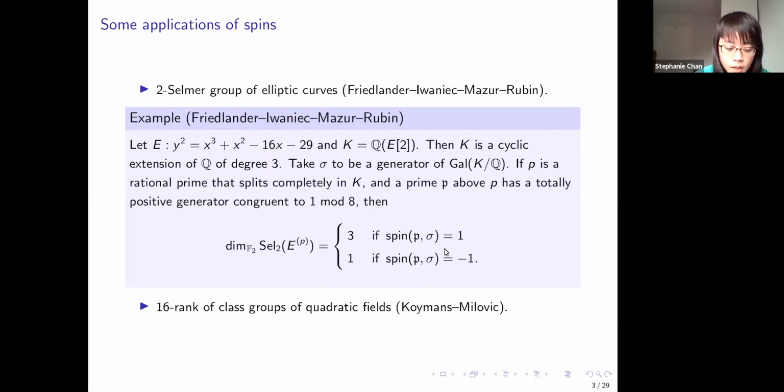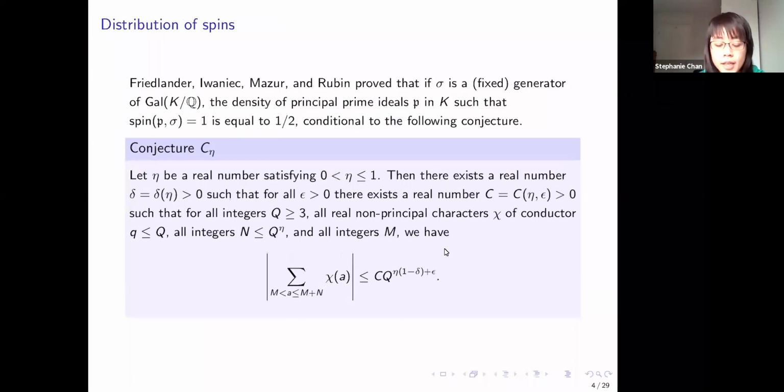Well, the spin is just a quadratic residue symbol, right? So we might expect, if we now fix sigma to be a generator of the Galois group, then as you vary P over principal prime ideals, there should be 1 half of the time and -1 the other half of the time. So in Friedlander, Iwaniec, Mazur, Rubin's paper, they show that this